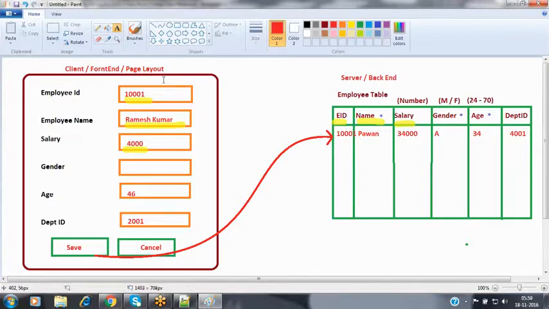One is we can validate at the client side, or we can validate the validation rules at the server side also. So what do you mean by client side validations? What do you mean by server side validations? When coming to client side validations, instead of validating the data at the server side, first of all, we have to validate the data at the client side itself.